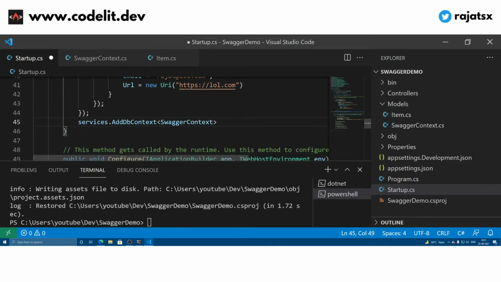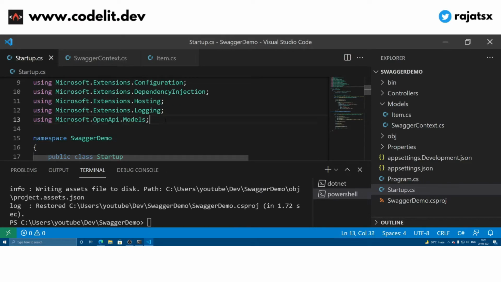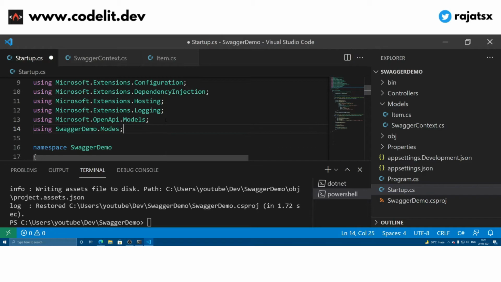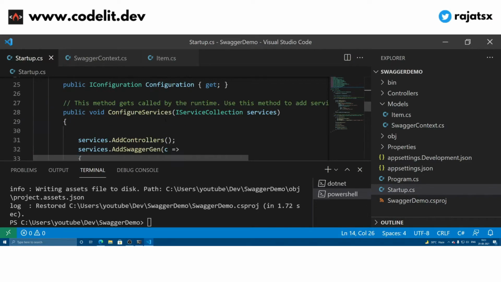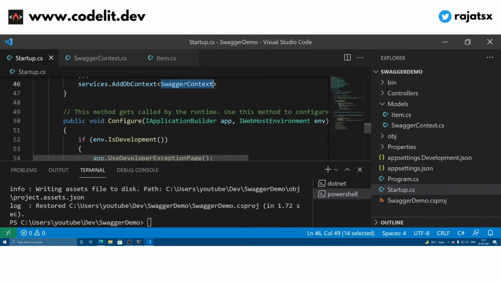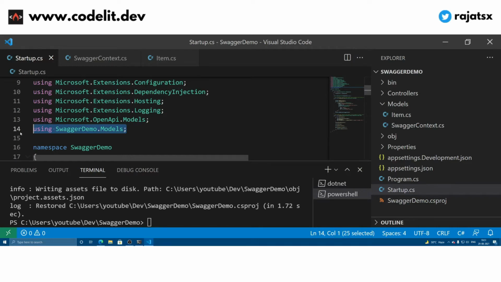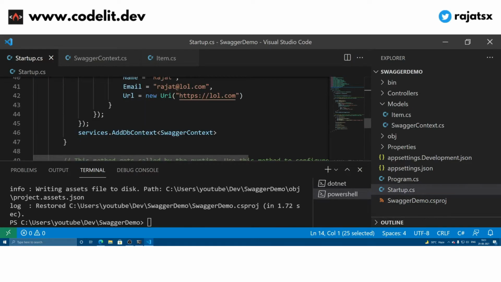SwaggerContext. Here we have to import the SwaggerDemo.Models namespace. That is how it will discover this SwaggerContext. If we do not include this particular import, this thing will not be discovered. That's the reason.